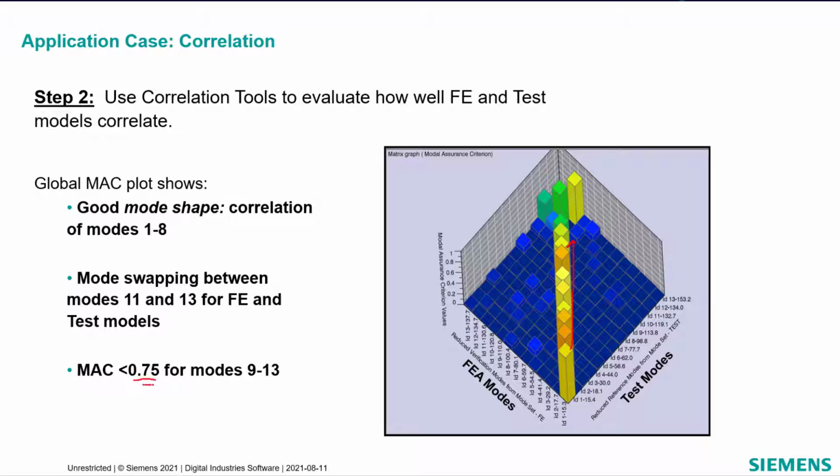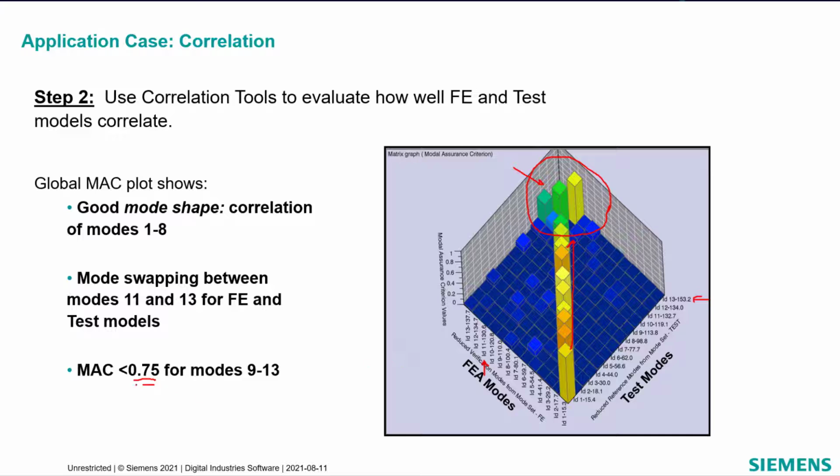Yeah, but some of these go down to like 0.75. Is 0.75 good? That might be okay. It looks like a couple of those higher in frequency fall off even worse than maybe a 0.75. Yeah, like this one. But they're not in the same order. Some of the shapes in one are at mode 13 in order of frequency, another one's at mode 11. So I guess we have what we call mode swapping.